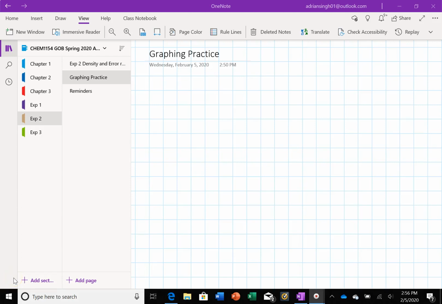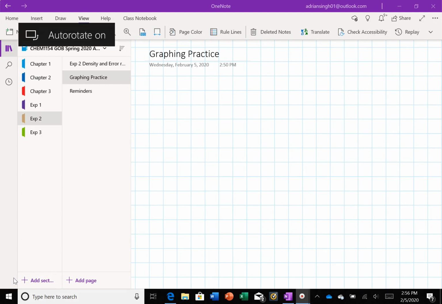Alright, so this is going to be a quick intro to graphing that you're going to use to graph your data from experiment 2, which is the density and error experiment. So when you went through the experiment, you collected